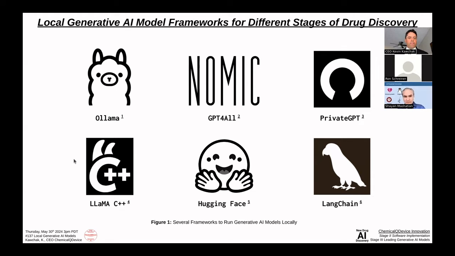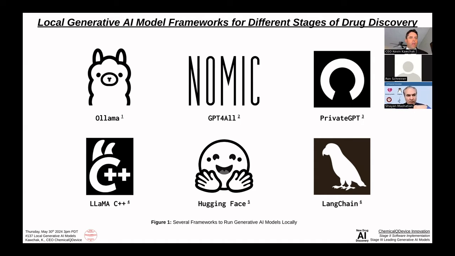This is 137 discussion, local generative AI models and for drug discovery as well. So what we see here is basically these 6 different platforms, and you may have heard of some of these. You've probably heard of Hugging Face, and a lot of these you have the option to do local online. But if you talk about anything like the upcoming phone launches, you typically want all of the user data private. So that's why they're making these, actually large multimodal models, and you're going to see these types of platforms